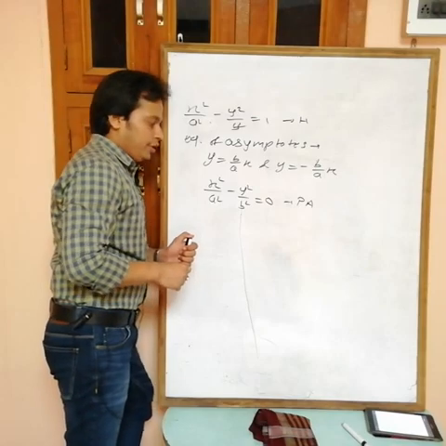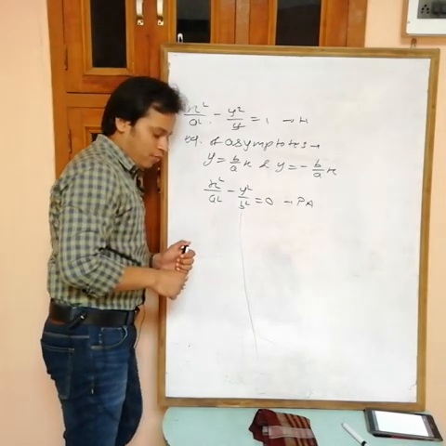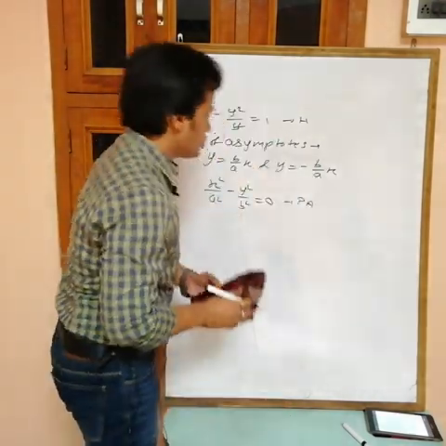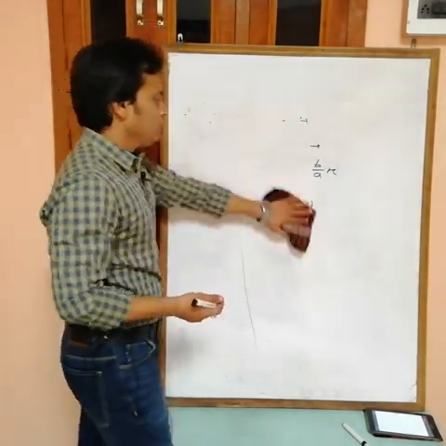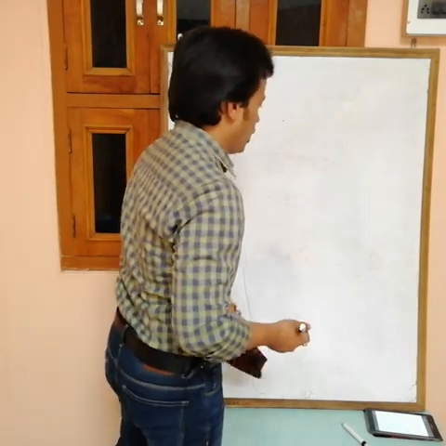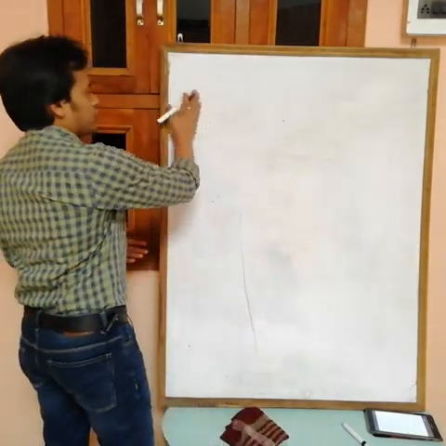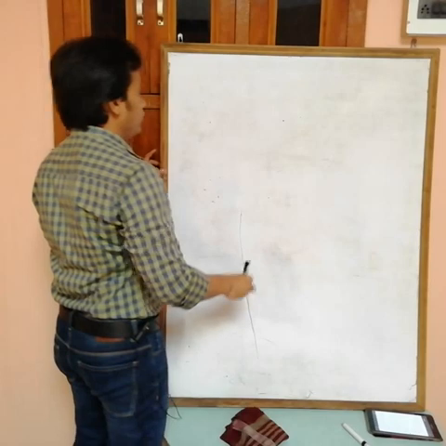Now we have a note about the asymptotes of a rectangular hyperbola. So see, today we will complete the remaining part of hyperbola. From next lecture we will start matrix and determinant.